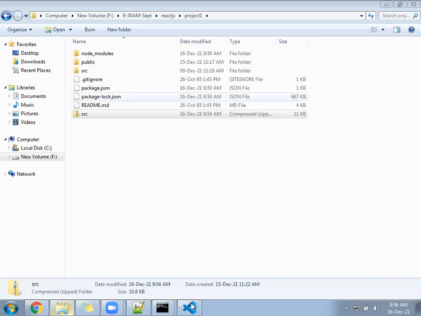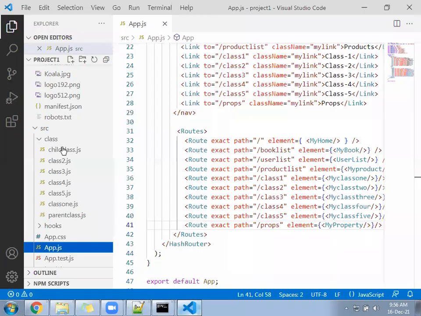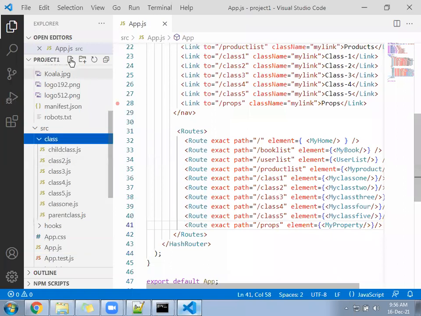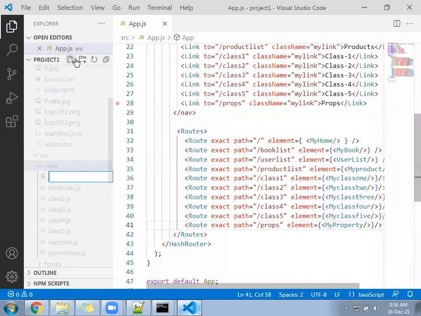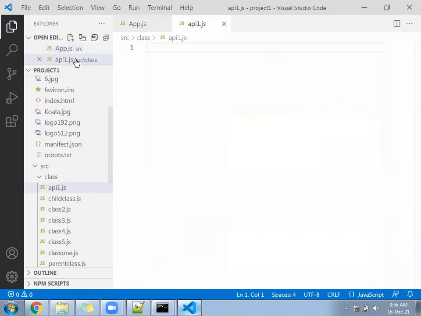Okay, now let's come to the folder. Hope you created the file api1.js. This api1.js will help us to bring the data from another file. So how to work on that? api1.js is under the class folder.